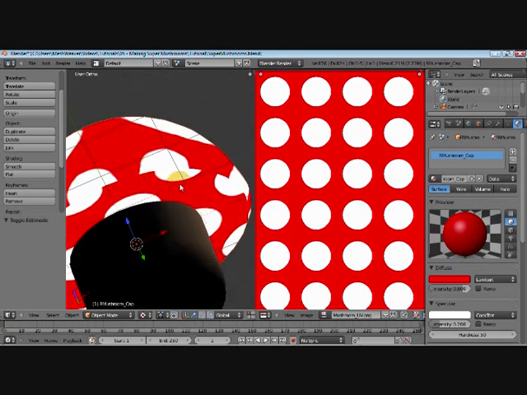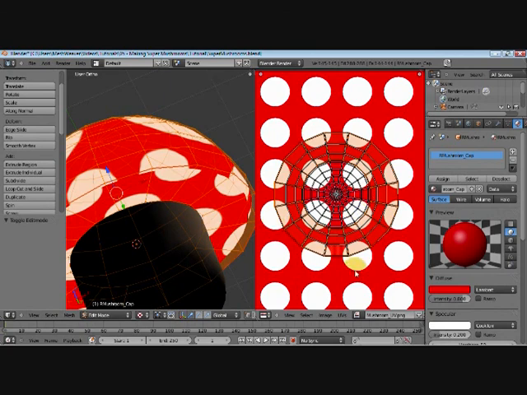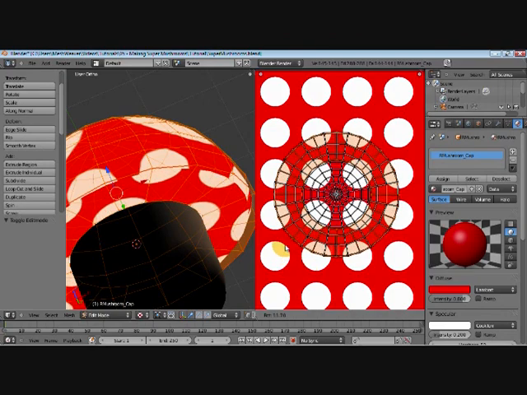However, there's a problem. The bottom faces of this cap are not lining up, so you have to fix that in the UV image editor. Just keep this bottom ring selected and just rotate it until the stuff matches up, which should